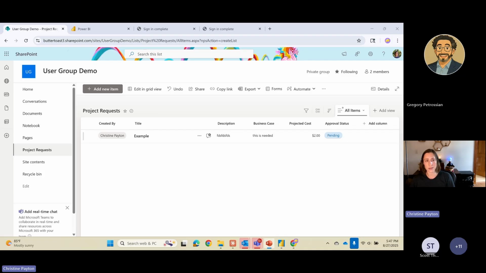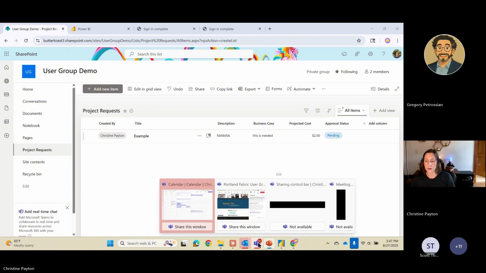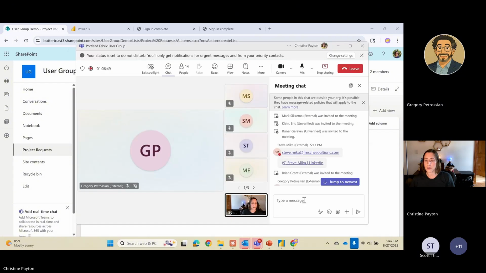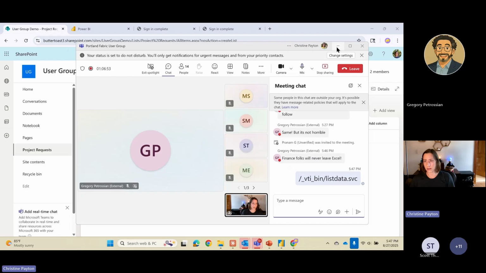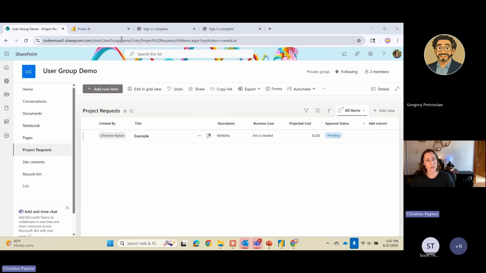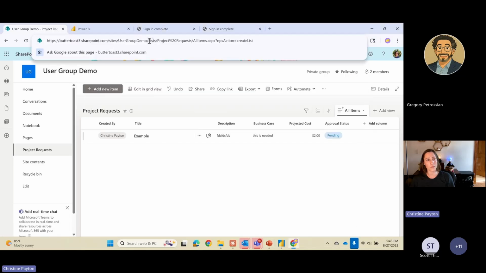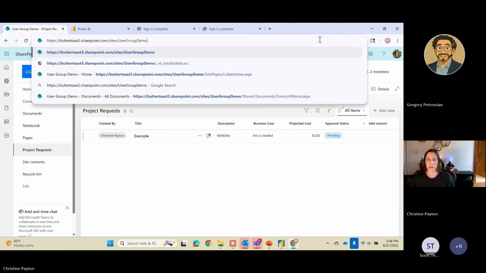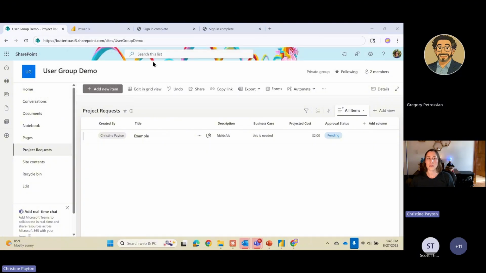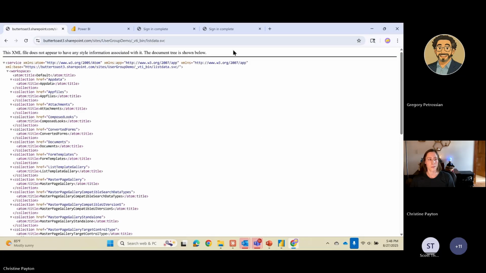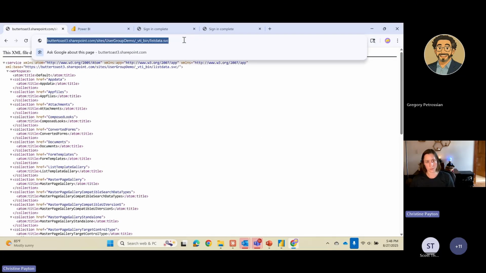So I'm going to paste this in. Maybe you can put this in the chat too, if anybody wants it. If you add this to the end of a SharePoint URL, that's the OData feed. So if I come up here and paste that in, this is the OData for the SharePoint site. If you take this link and bring it into Power BI,